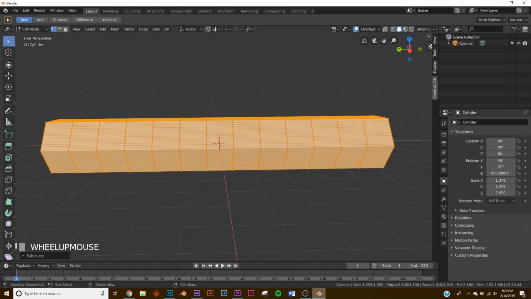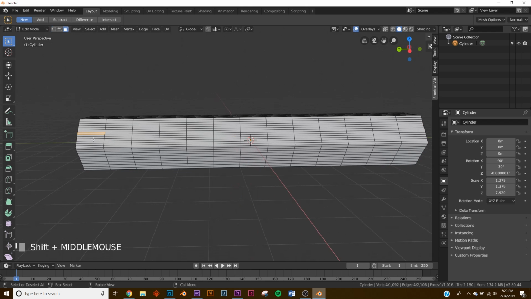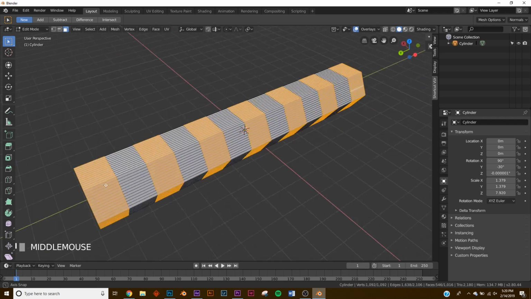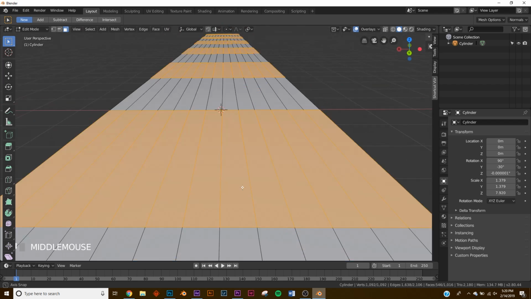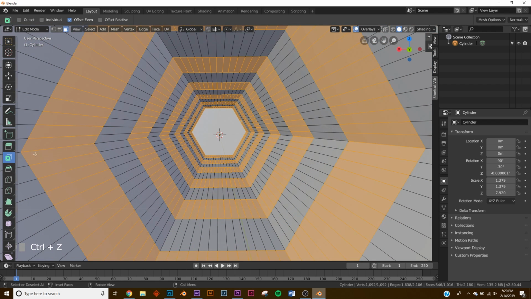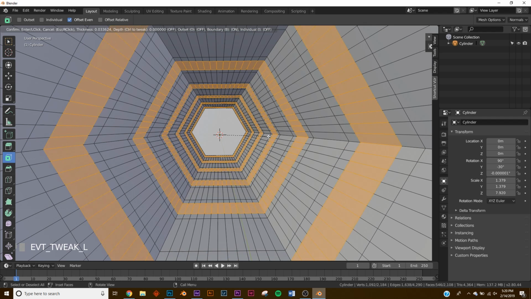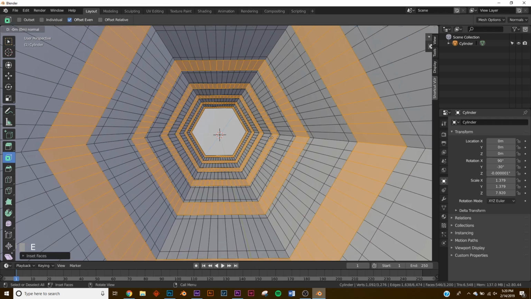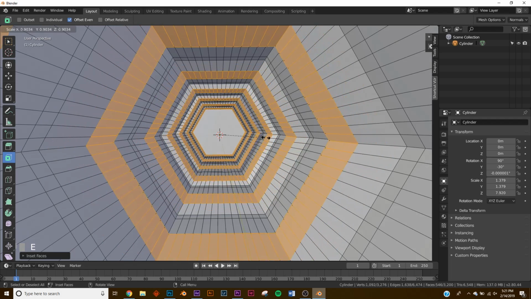Now, let's go up here to face select, and then we need to hold down Alt and Shift. And we need to select every other plane here. Not a plane, but every other section of vertices. So go right over here to Inset Faces, click that, and you're gonna use your mouse to click, and we're gonna inset it a little bit, right about that thickness. Now hit E to extrude, and then S so we can bring them in.